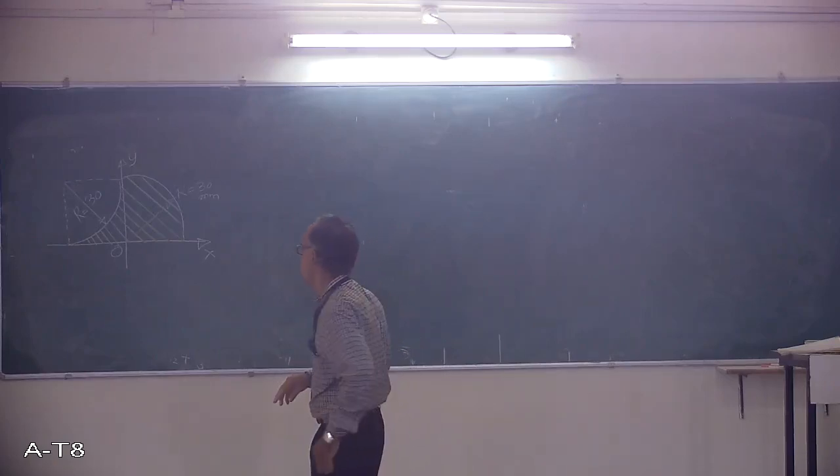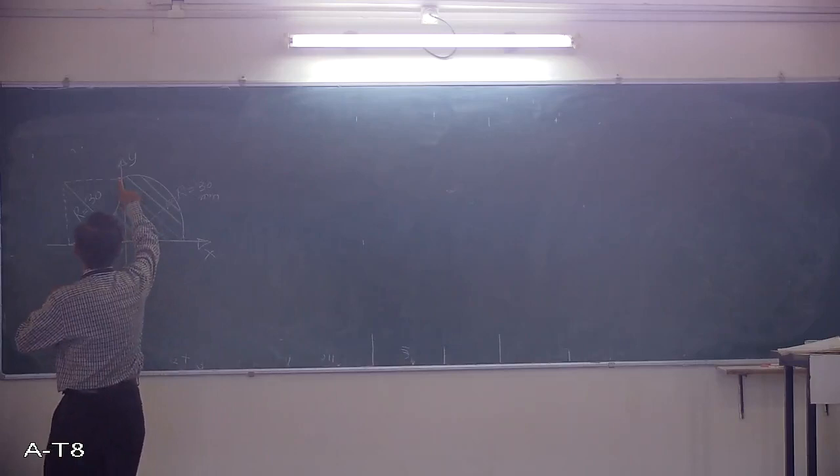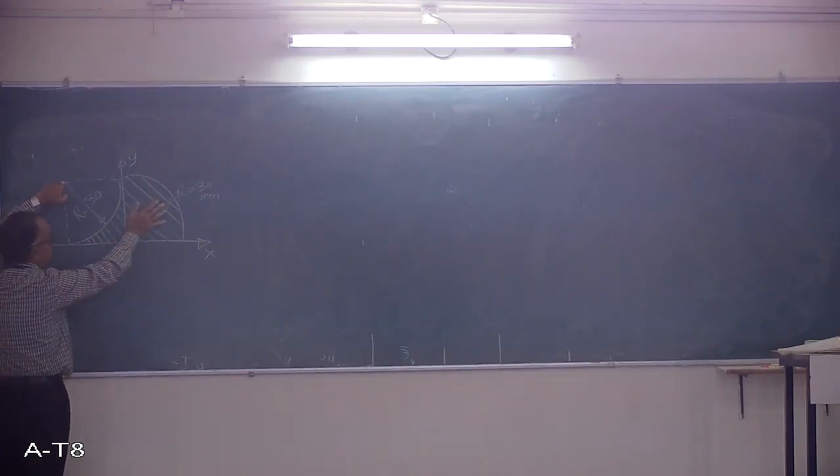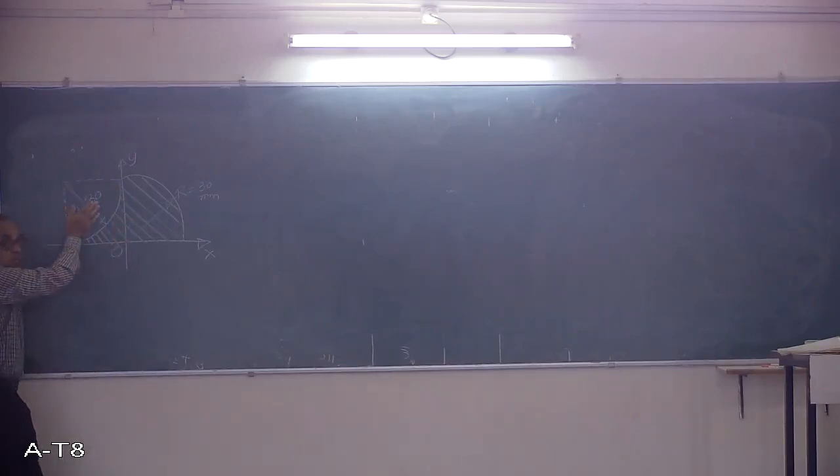Now, he has given you: find out the centroid of the shaded portion with respect to the given x and y axis. The quarter circle is shaded, but if you take this part as a square, this is 30 here, this will be 30, this will be 30. That means it is a square having a side 30. This is the quarter circle, but this is not shaded; the remaining part of the quarter circle is shaded. So how should you work it out? This is one quarter circle plus square minus the remaining quarter circle. So you will get the area of the shaded portion.